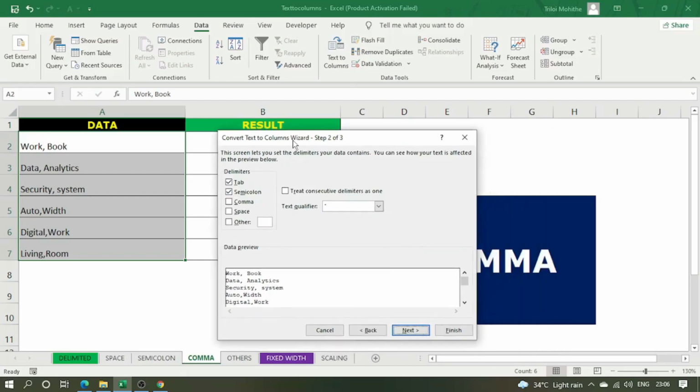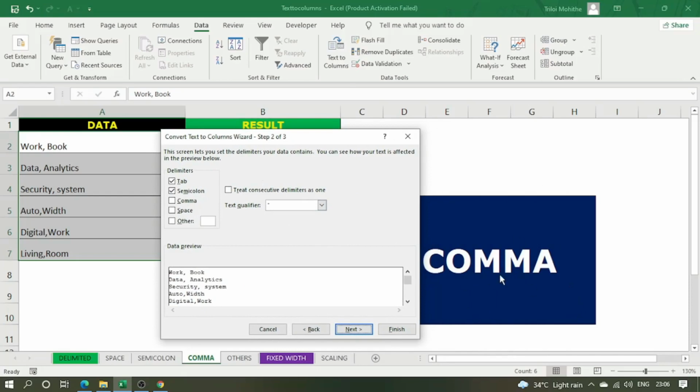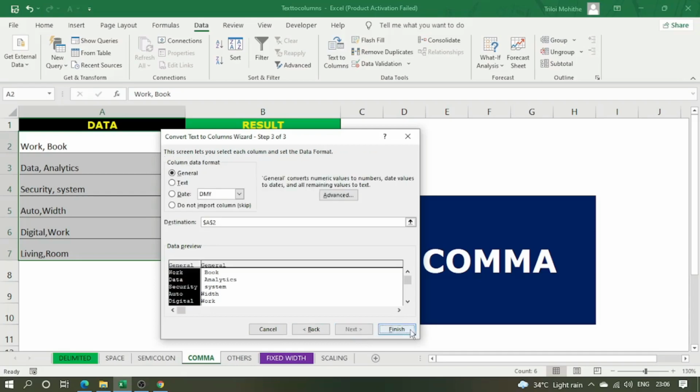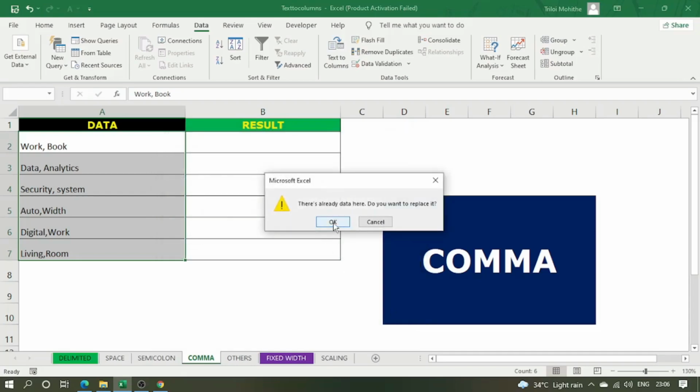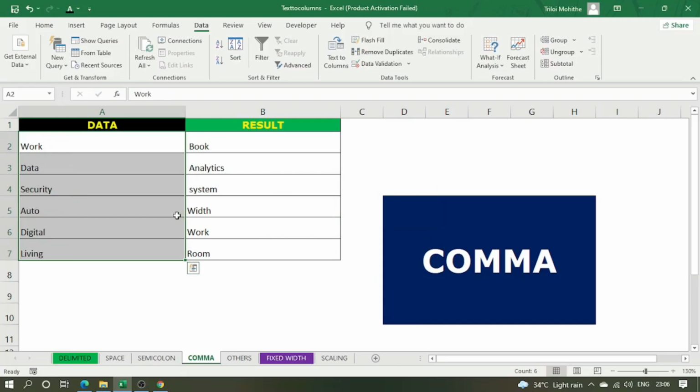What option do we have to choose? We have to choose the comma option. Choose comma and then click next, finish, then click OK. See, the data has been divided based on comma. So this is how we have to use the text to columns.